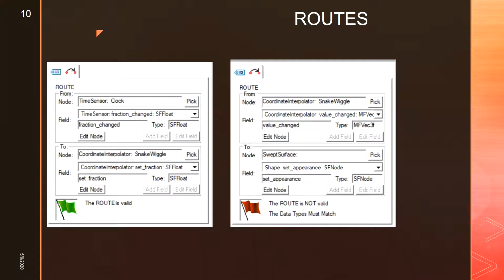And then there will be two routes. Out of these two routes, one route is from the timer clock to the coordinate interpolator, which is representing the snake movement, and the second is from the coordinate interpolator, the snake movement, to the swept surface, which is the body of the snake.